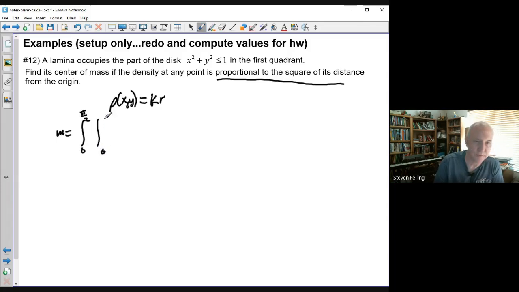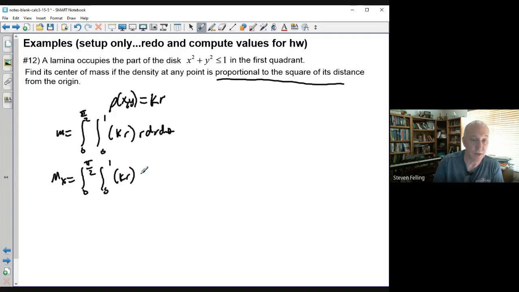Let's see, 0 to 1. But we'll have kr for the density, and then r dr dθ. For mx, we'll have 0 to π/2, 0 to 1, density, and then I'm going to have the extra y this time. Y is the distance for the x, so that's going to be an extra r sin θ, r dr dθ,